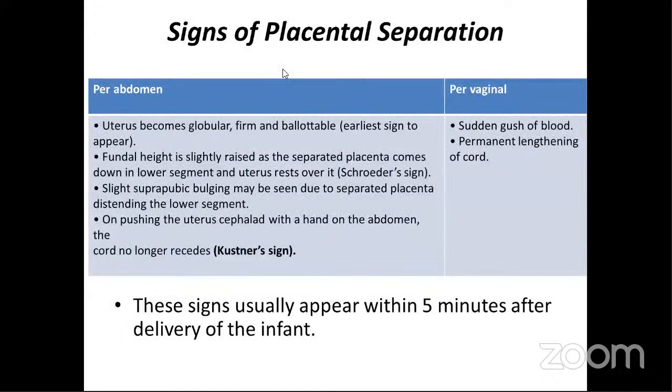Next. So that is about the third stage, or the active management of the third stage. Another thing you have to remember is when do you know that the placenta has separated and how do you deliver it? So what are the signs of placental separation? It's very, very important to identify these signs so that you do not mismanage the third stage of labor, which is very, very critical. So mismanagement of the third stage of labor also leads to PPH and even other complications,